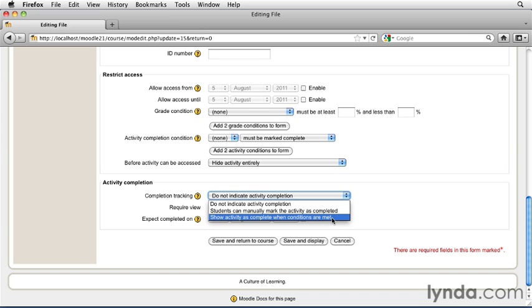You could also choose to have students mark themselves that they have completed an item. I like to have activities marked automatically. Then the next thing to check is the Require View. That way, a student is marked as having completed the assignment when they've clicked on the item and they viewed